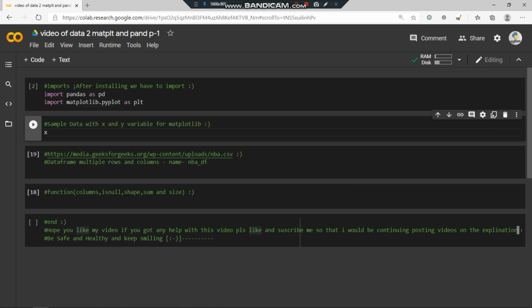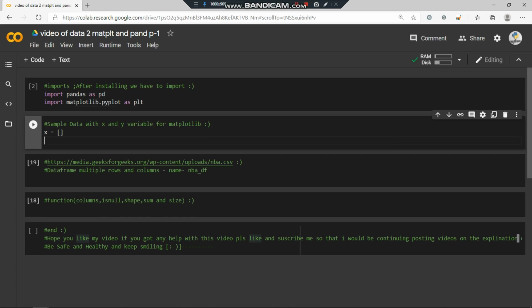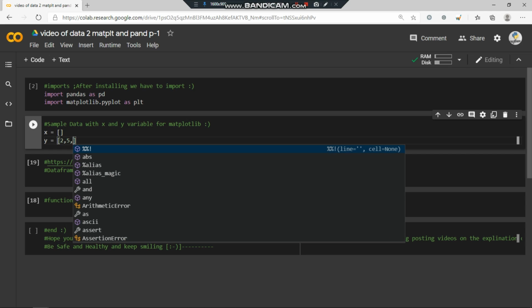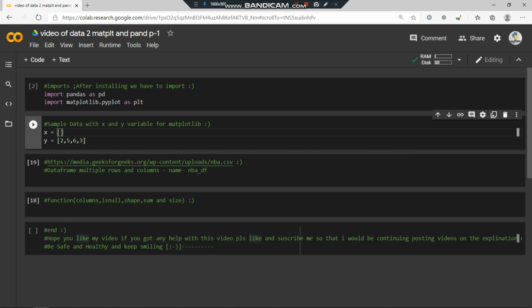Now we are going to create two lists, x and y variables. What we write in square brackets becomes a list, and I'm going to create them with random numbers. You can give any units, that's okay, but you have to make sure that the numbers you use are equal in count on both sides. If in the upper one you have written 6 digits and in the lower one you have used 5 or 4 digits, it is not going to work.